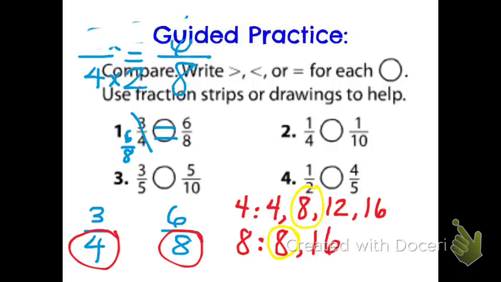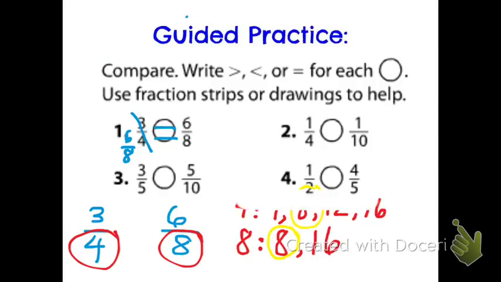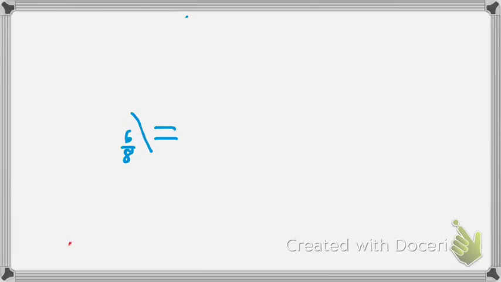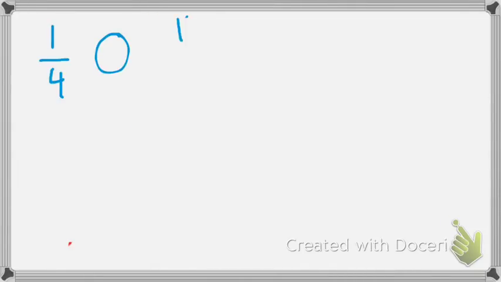It seems complicated because there are multiple steps, but if you take it one step at a time, I know you're going to get it. So let's take a look at 1/4 and 1/10. I'm going to go to a new page, but I still want you to write these down. 1/4 blank 1/10. This is number 2. Now on your paper, I want you doing this work with me because we have to list out the multiples of both 4 and 10